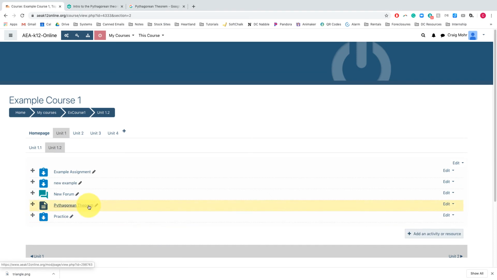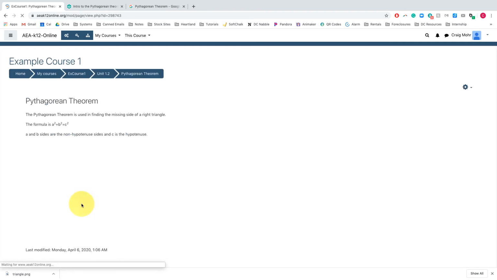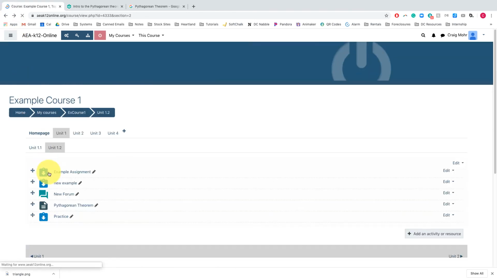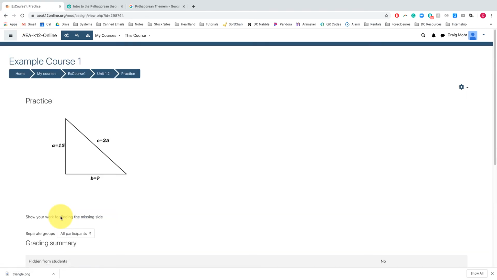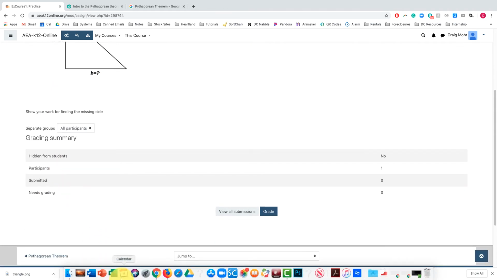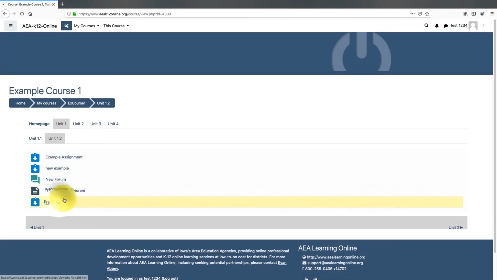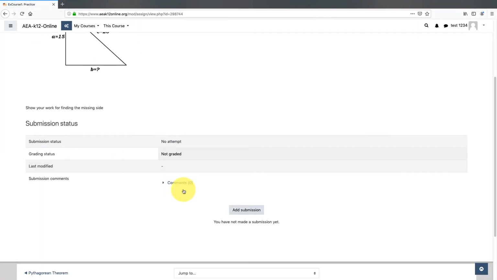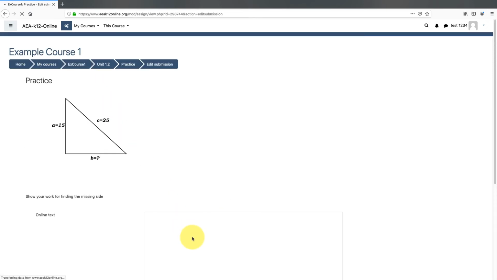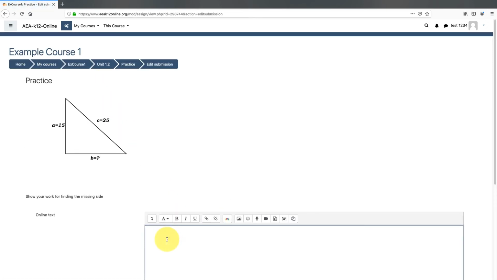Okay, so now a student would go through this. They would learn how to do it. Now you're checking to see how they're doing with this practice. And for them to submit it to you, let's go back over here as a student. Refresh that. In their practice, I'm going to add a submission, and I'm going to put my work right here. So, okay, I did 15 squared plus b squared equals 25 squared. And as a student,